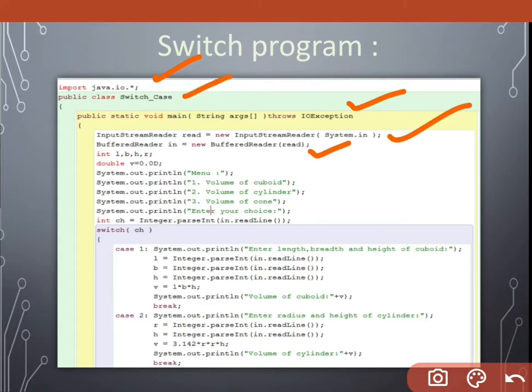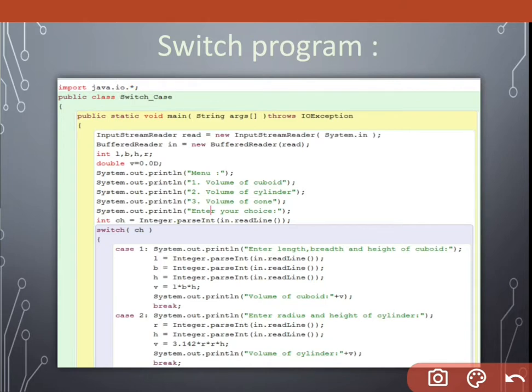Common things I have written: the name is switch case because I'm talking about switch case, and you have to relate it with the question. You can write volume here, because our question belongs to volume. I'm writing switch case here because I'm explaining the topic switch case.